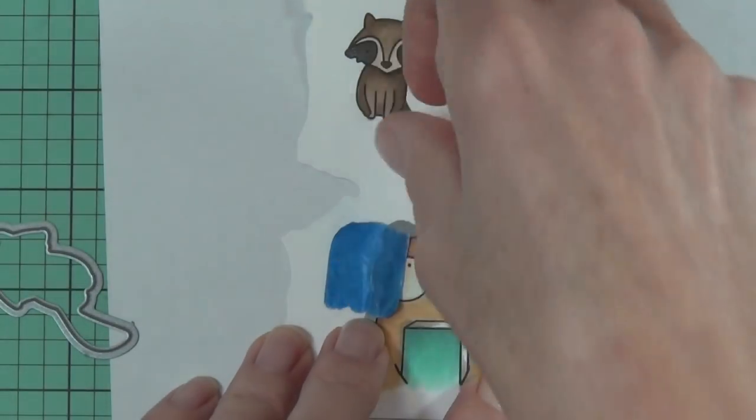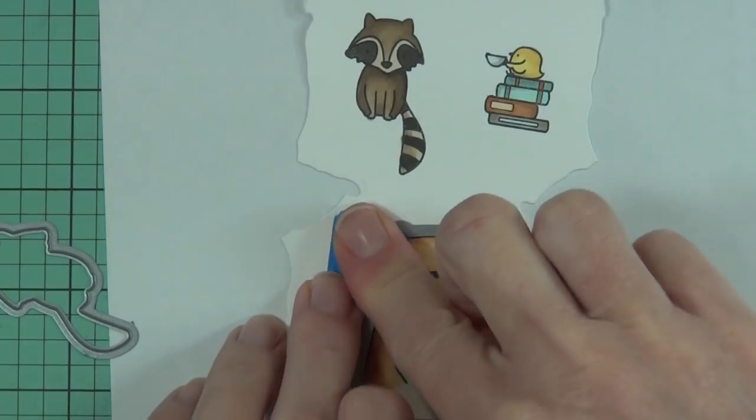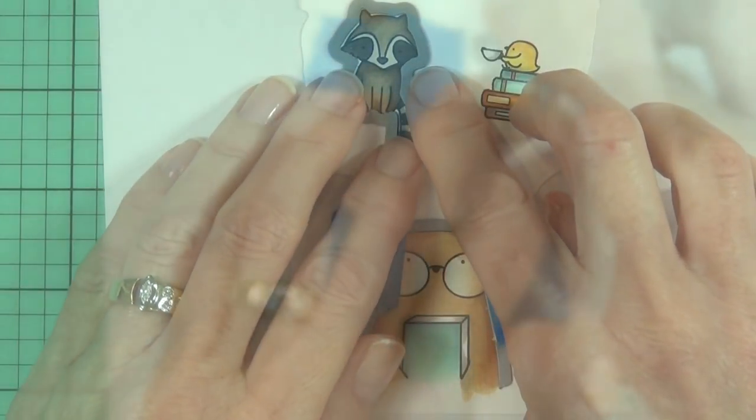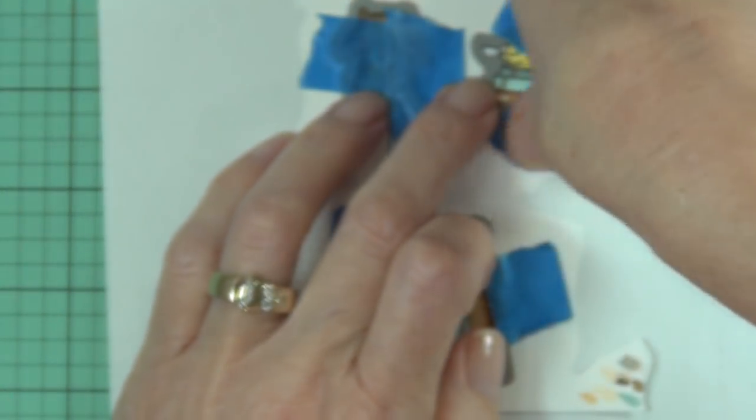So this set has matching dies, even for the small stuff. There's a lot of matching dies. It's great. It really makes it easy. And I'm just going to cut all of these images out. I just hold them in